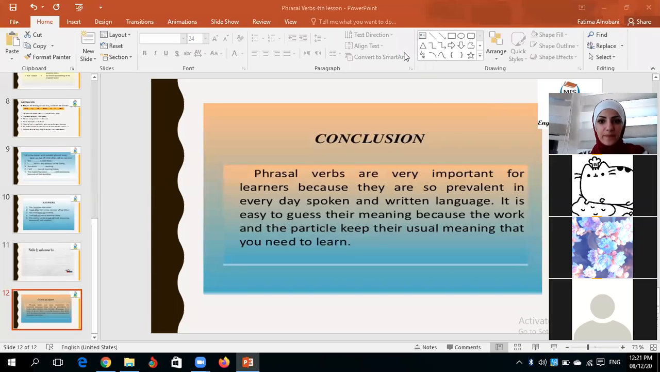Can there be more than two particles? Yeah, I said that. When I said, can you put up with me? Up and with. I said a verb, a particle, and sometimes more than one particle. It can be up to two particles, but not more than that. Okay? Okay. Okay, so let me stop the